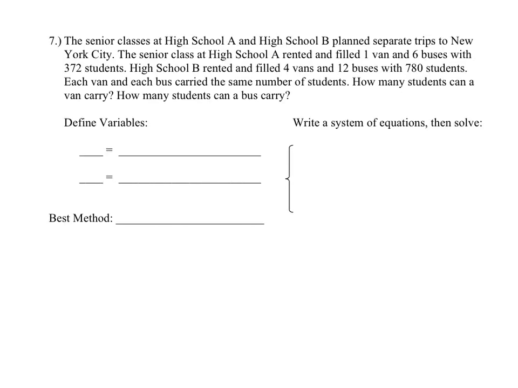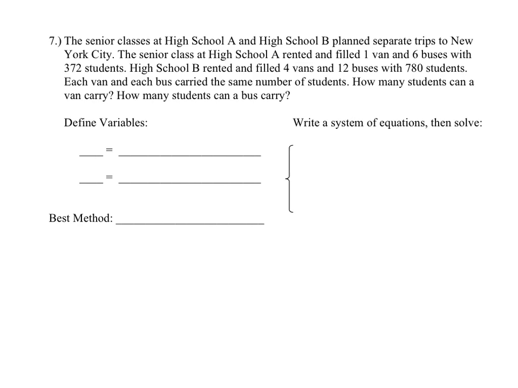All right, last but not least, the senior class at High School A and High School B planned separate trips to New York City. The senior class at High School A rented and filled 1 van and 6 buses with 372 students. High School B rented and filled 4 vans and 12 buses with 780 students. Each van and each bus carried the same number of students. How many students can a van carry? How many students can a bus carry? Okay,